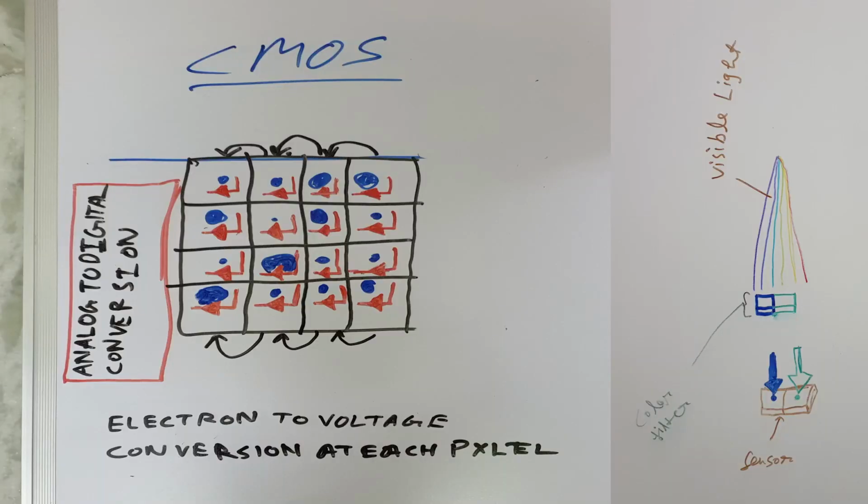CMOS, instead of shuffling charge in an array and then modifying it, actually includes extra circuitry added to each individual pixel to allow it to do more processing individually, including signal processing, and then send directly to the CPU. Power use is less and you get increased speed in processing the image, but the noise you get in the image is extremely high compared to CCD sensors.